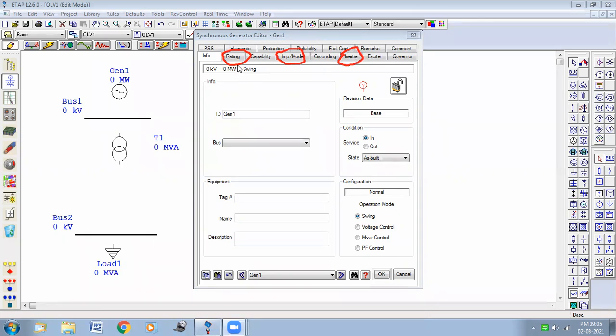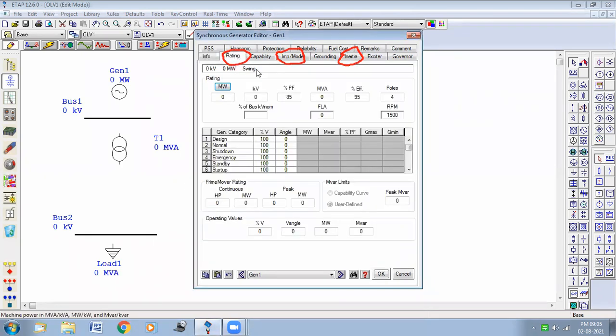First of all, click on the rating tab, then give the megawatt rating and kilovolt rating here. For our experiment, I'm going to choose 50 megawatt power and 11 kV voltage. The power factor is 0.85 here.